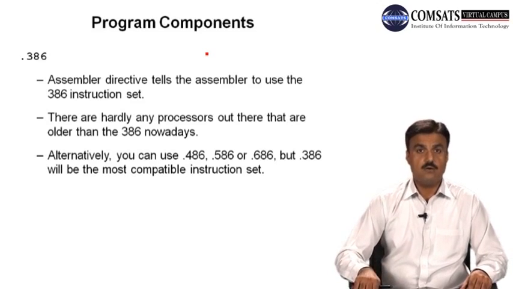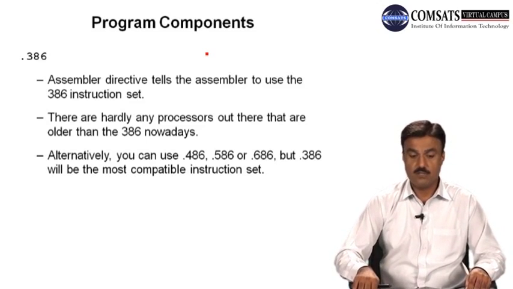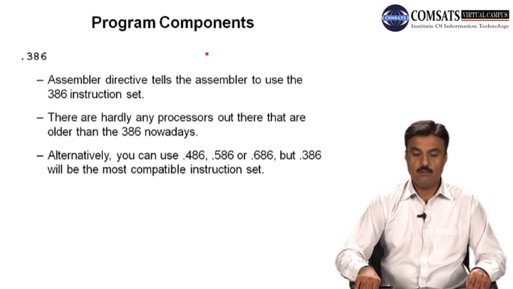So right now, all these current processors are the successors of the 386. There are hardly any processors out there that are older than the 386. Mostly they are new, and they all follow almost the same instruction set. They are compatible with the 386 processor. The 386 instruction set is supported by all these new processors, and that is the reason we are using